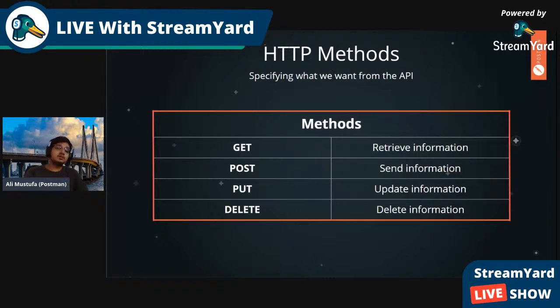When we talk about methods, there are basically four methods which are very widely used. There are like 10, 12 methods, but these are the 4 which are very, very widely used. The very first one is when you are, let's say, requesting a website, you're actually sending a get method. Okay. And get method helps you to retrieve information. So your browser by default uses a get method. Okay. And it is an API client, which uses a get method to get the information and display it, so that you can have a look at it.